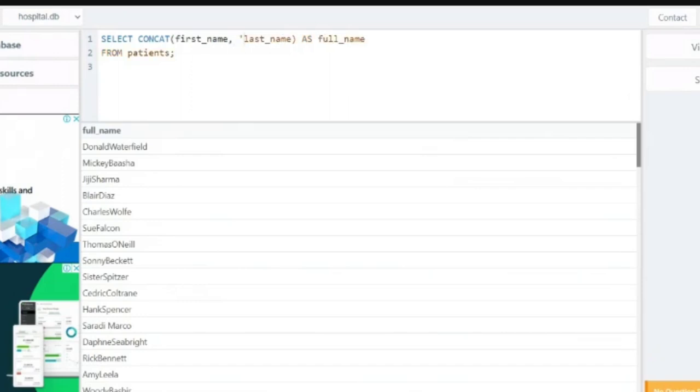The doctors or whoever is going to read that information would get confused. Thus, we put a space inside the quotation so that it separates the first name from the last name. This concat command can be applied to anything, the address, the names, any other information that you would want to join.